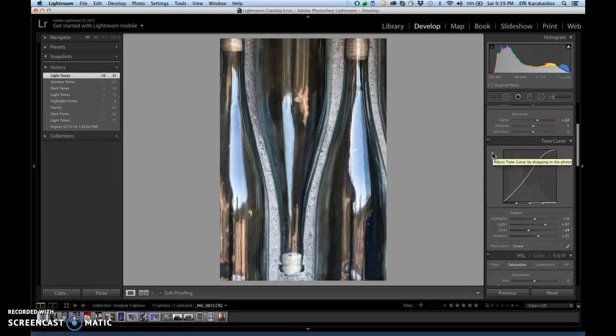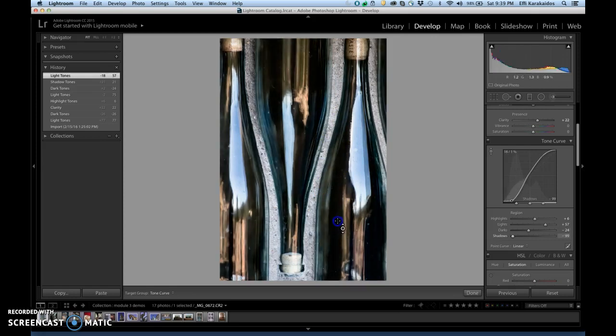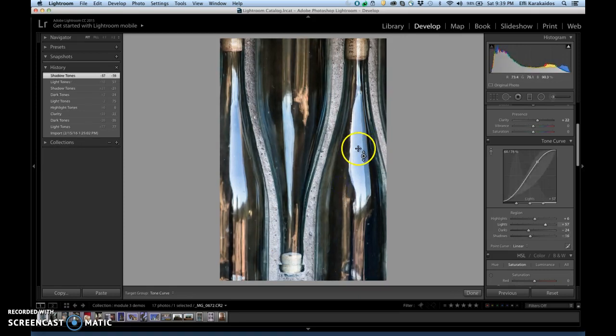Another thing you can do is click on the tiny direct adjustment tool. So if you activate that and then go within the image, you can control, in this case, shadows, because I clicked on a shadow area of the image, or any tonal range that you click on. Right? So here